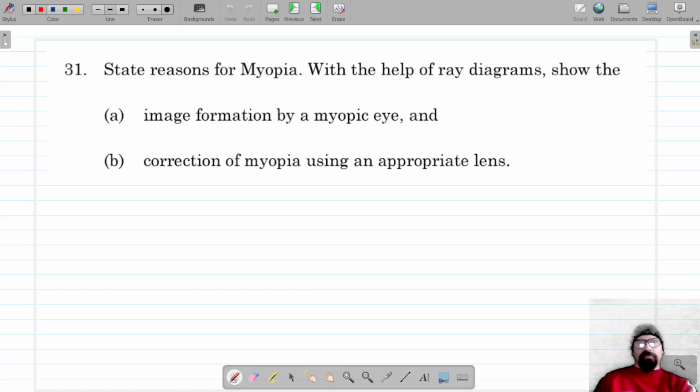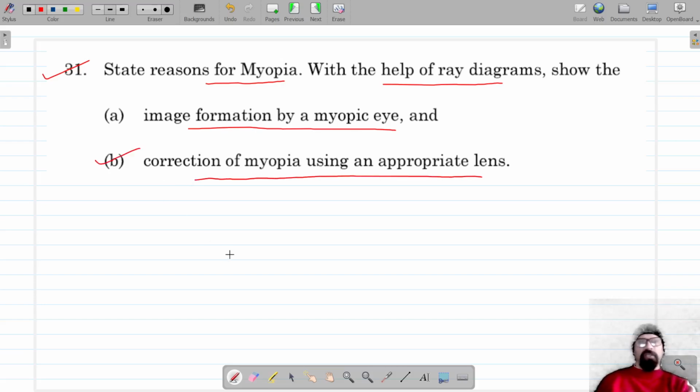Yeah, next question is question number 31, and it says that state the reasons for myopia and with the help of ray diagrams show the image formation by a myopic eye and then the correction of myopia using an appropriate lens. Okay, so first of all, what is myopia? And the other name for myopia is